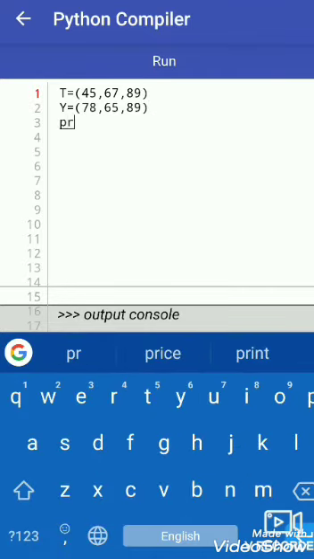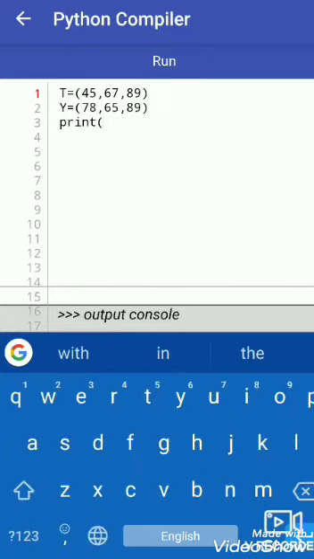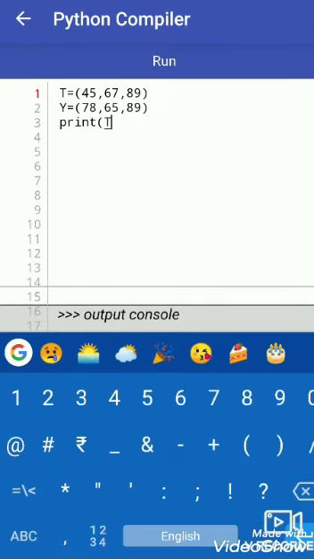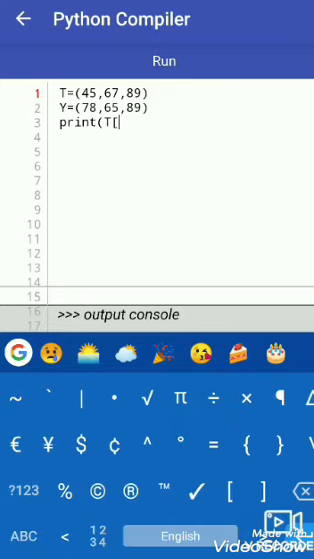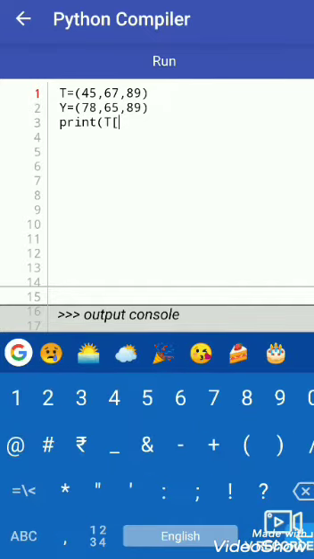So print, and then parenthesis, then the tuple name, that is T, and inside the T we use square brackets, and inside square brackets we use parameters like 1, or if we use only colon, then